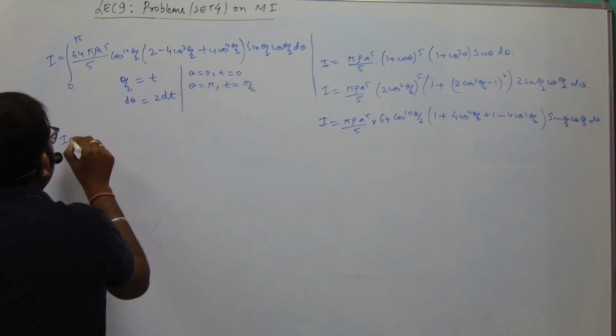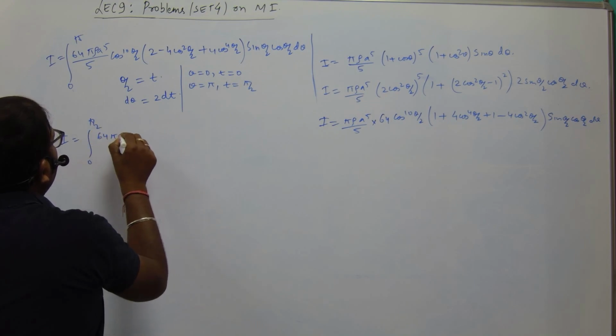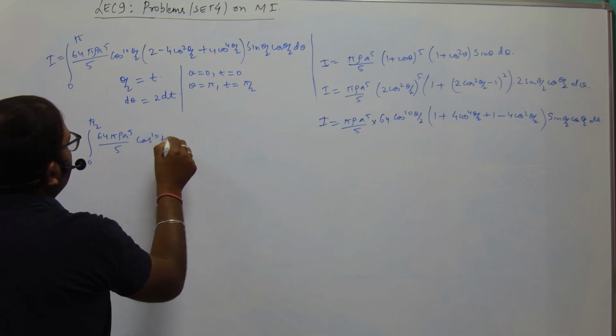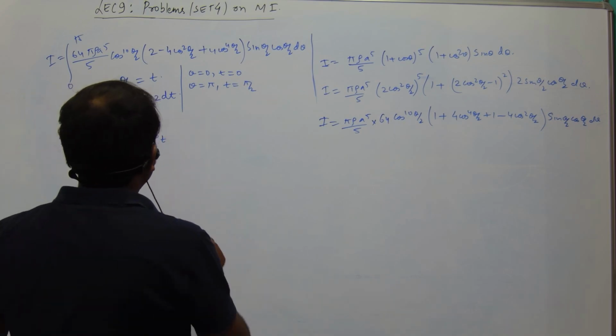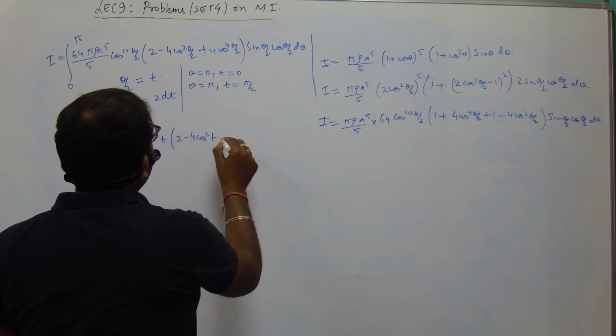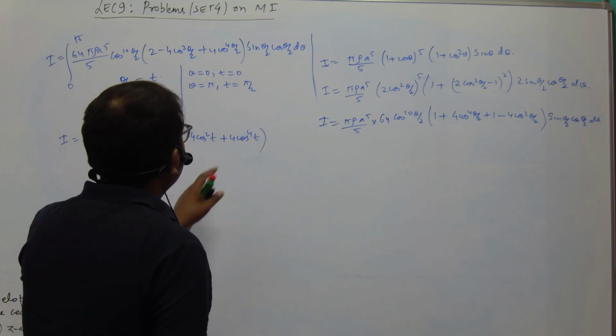So we have I is equal to integral from 0 to pi by 2 of 64 pi rho a^5 upon 5, this is cos 10t into 2 minus 4 cos square t plus 4 cos 4t into sin t